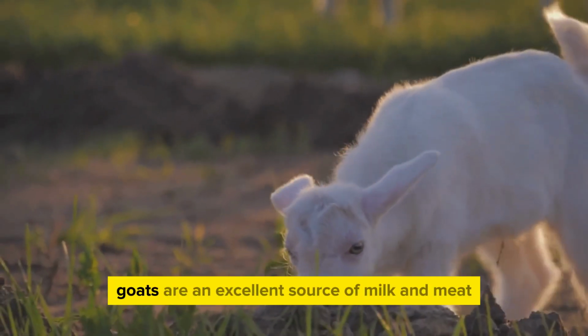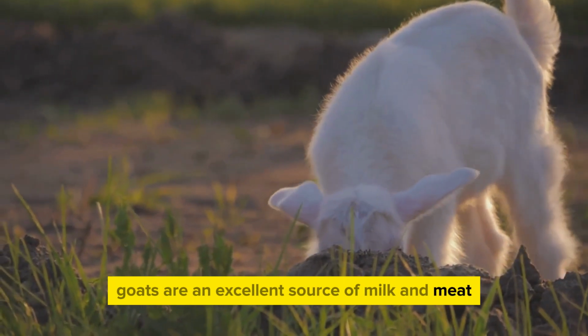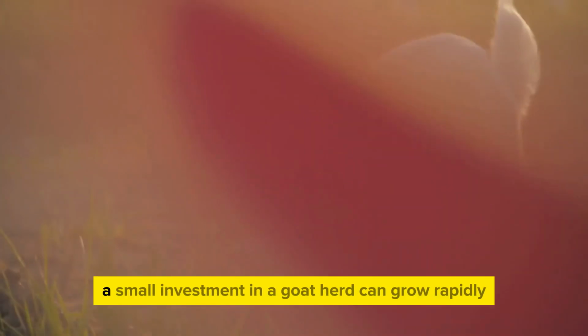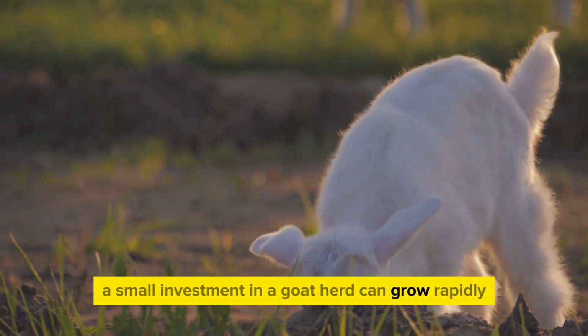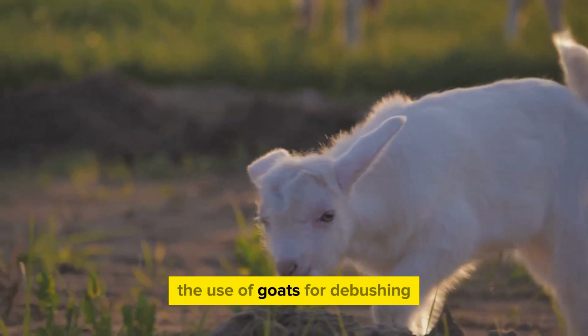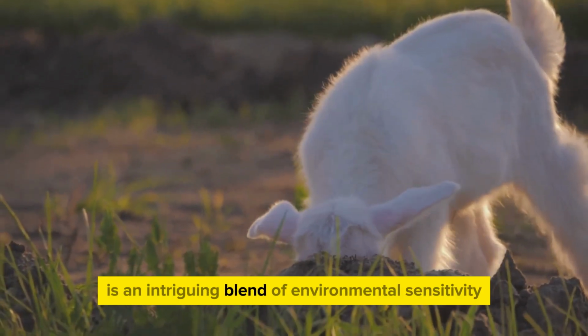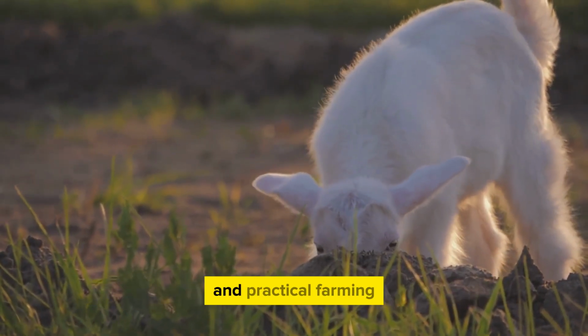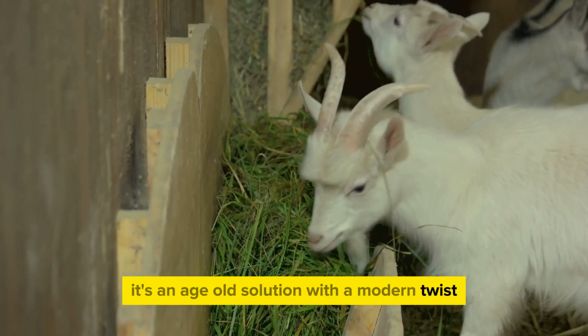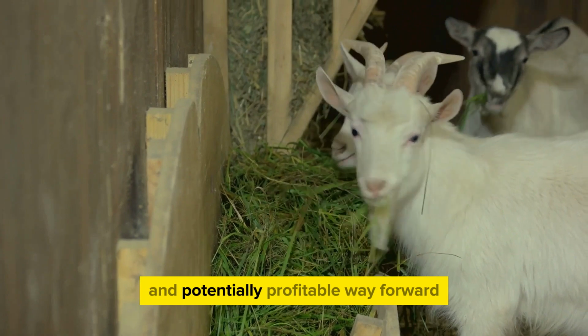Not to mention, goats are an excellent source of milk and meat, providing additional income to farmers. And because they breed quickly, a small investment in a goat herd can grow rapidly, offering significant return on investment. The use of goats for debushing is an intriguing blend of environmental sensitivity and practical farming. It's an age-old solution, with a modern twist, offering a sustainable and potentially profitable way